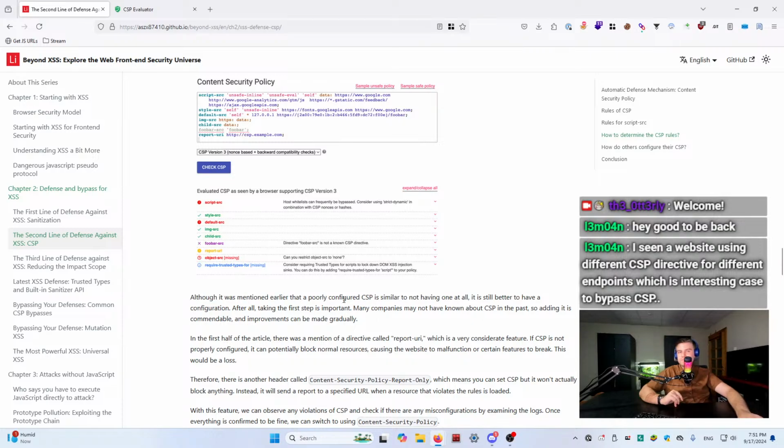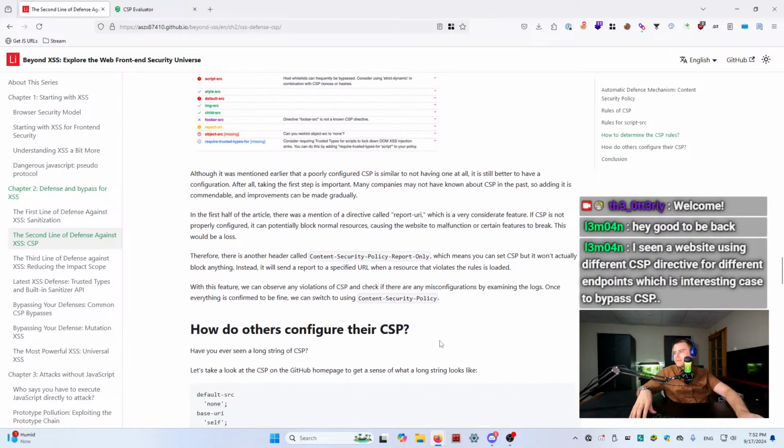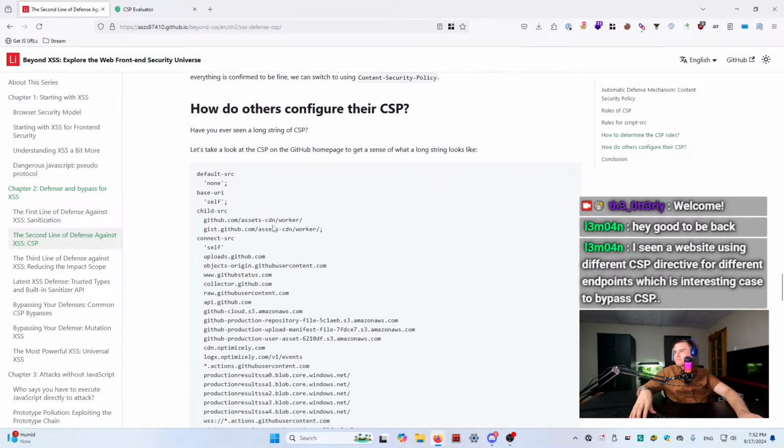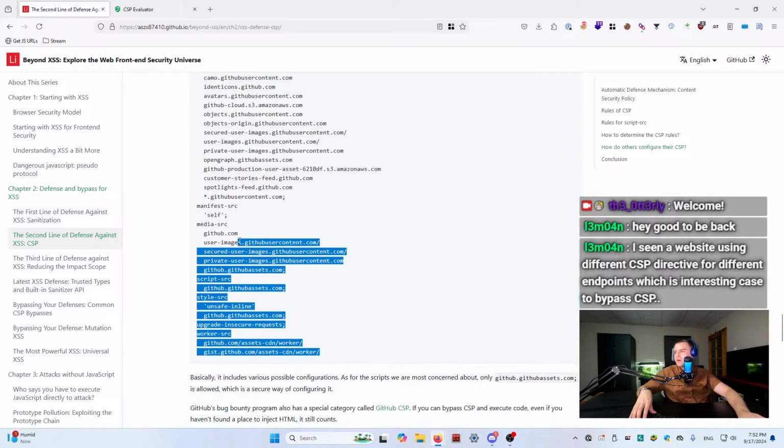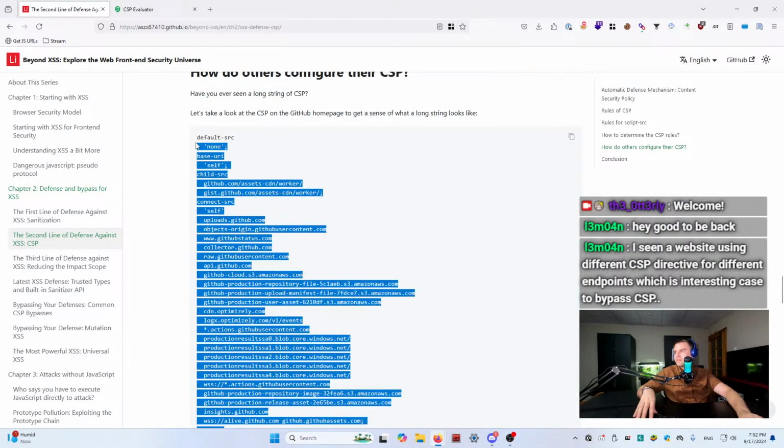So the CSP still could be poorly configured, and it could be even similar to having no CSP protection. As we saw, using the star is extremely dangerous. It's the same as using no rule basically. So yeah, there are a lot of ways you can do this, but basically when you see a lot